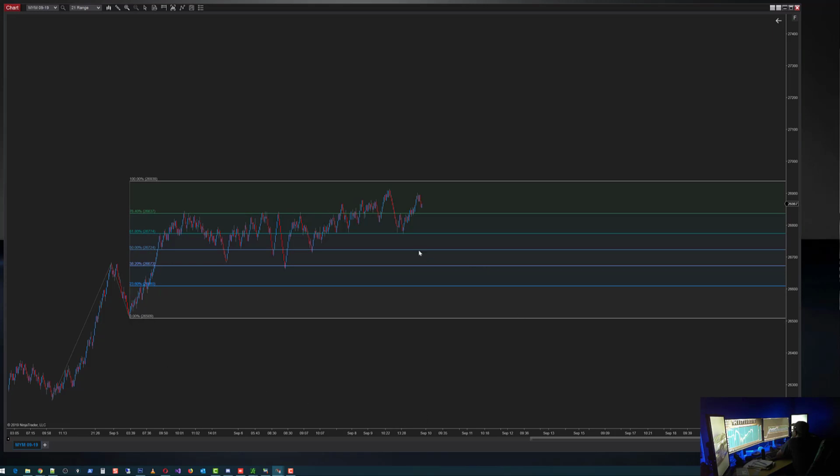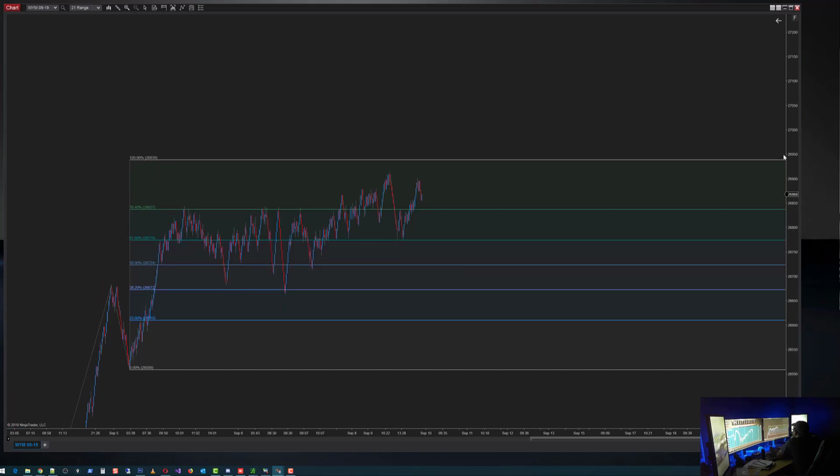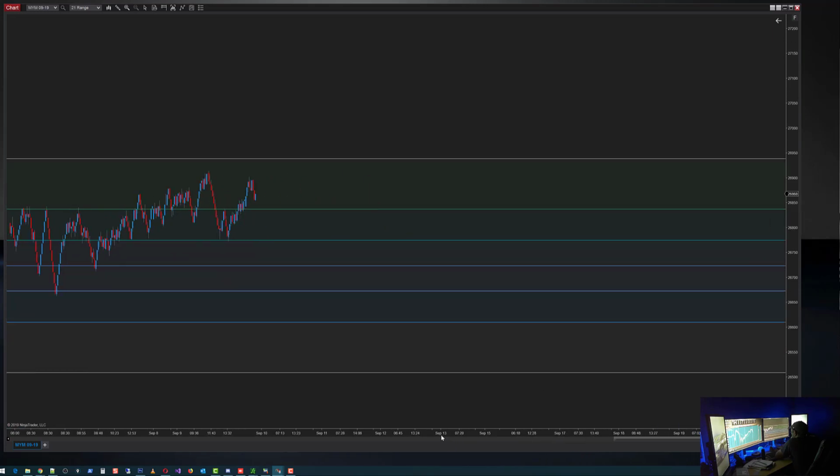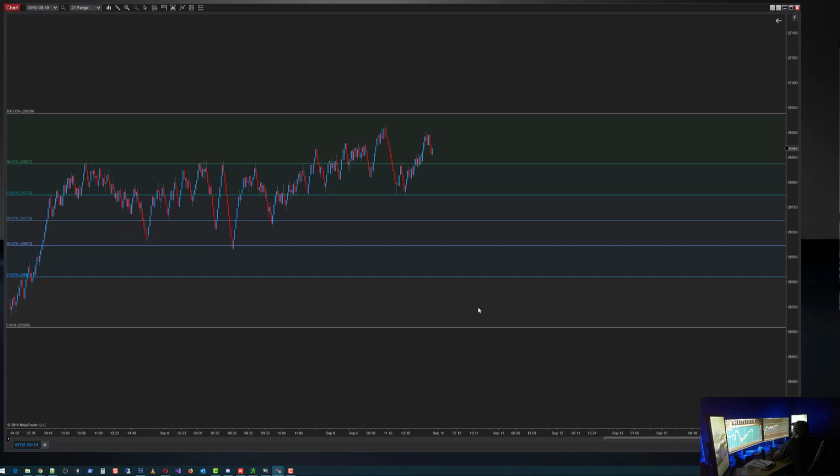So look at exactly what happened. That is money right there. If you can do this pinpointing on the fibs, today this 61.8 just held it in. Look at the resistance,